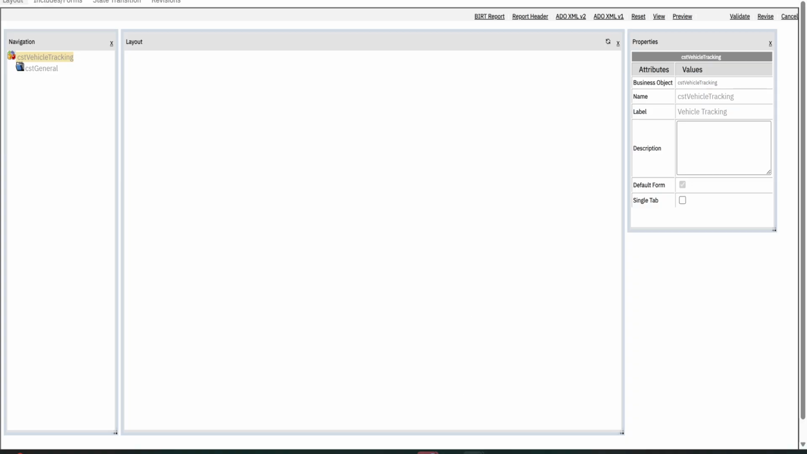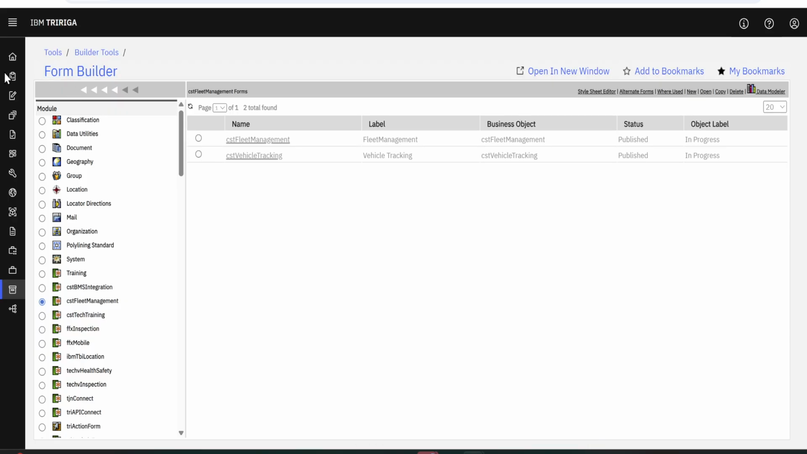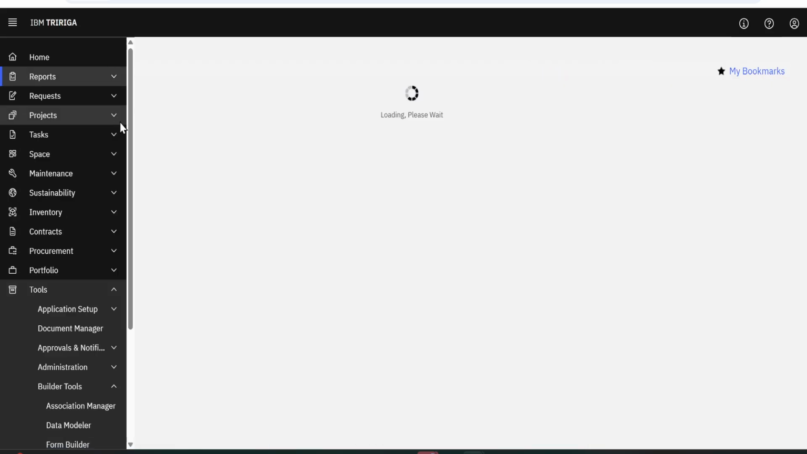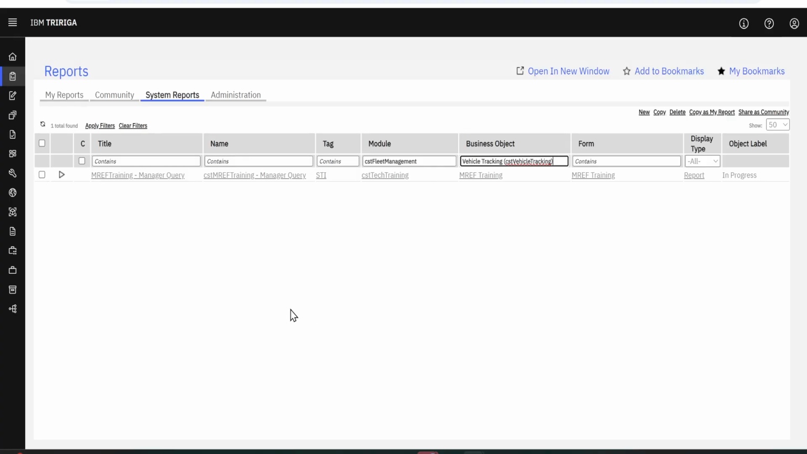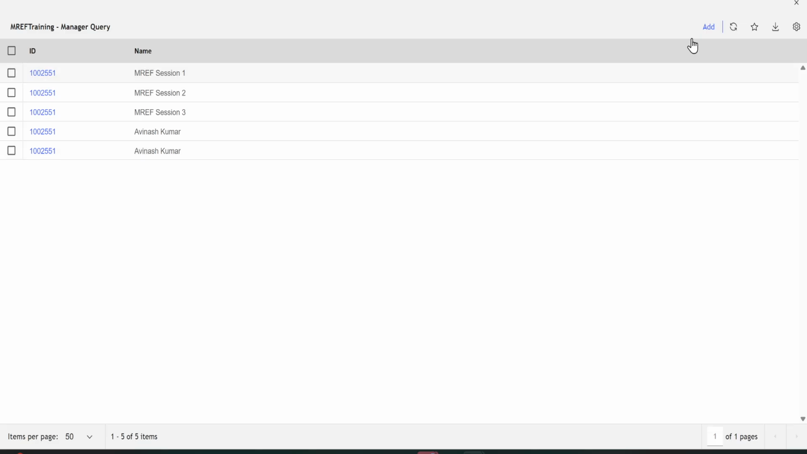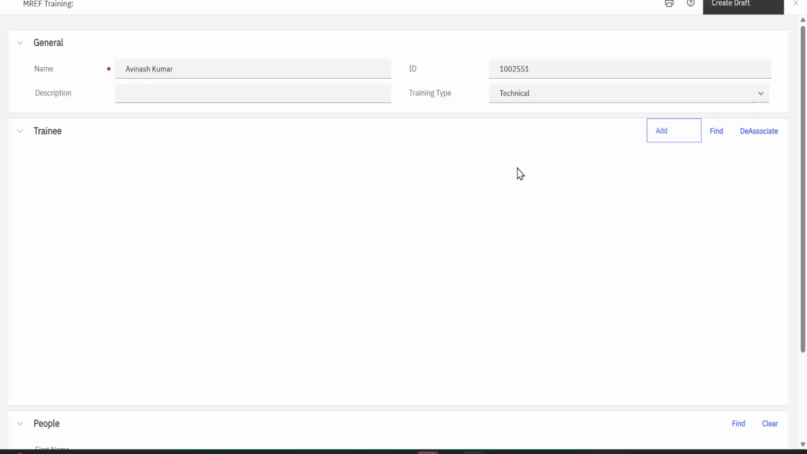So let me go to the report builder, and here under system report I already have one report created. I will run that and click on add action to insert one record. I am going to click add here,